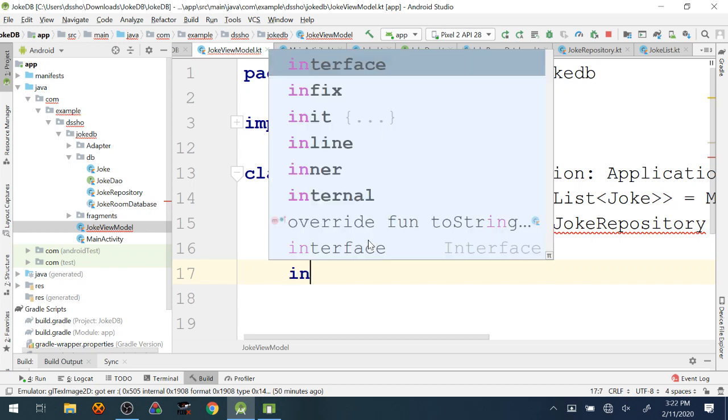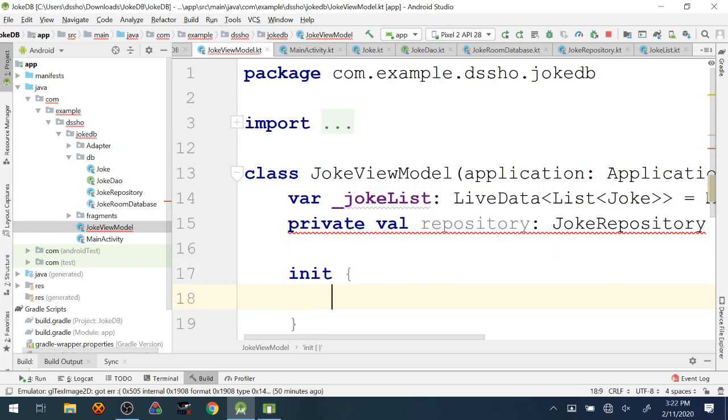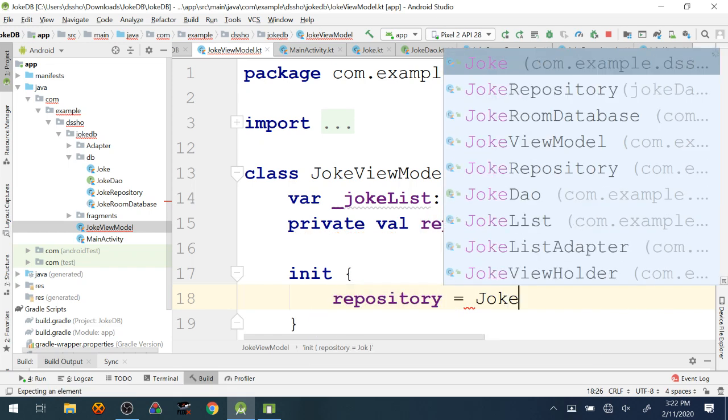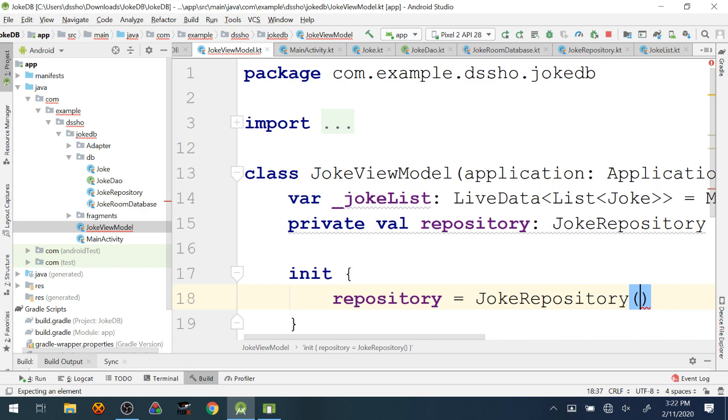So we're just going to write a little constructor here that's going to initialize the repository. And in order to do that, we actually need access to the data access object so that we can pass it in.